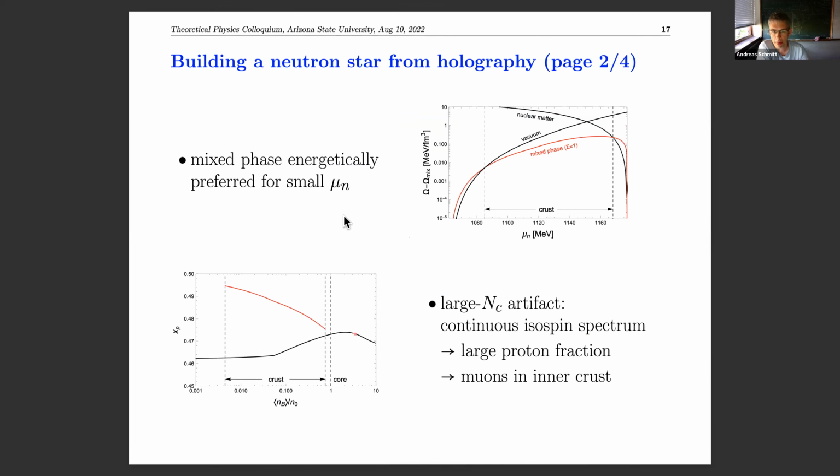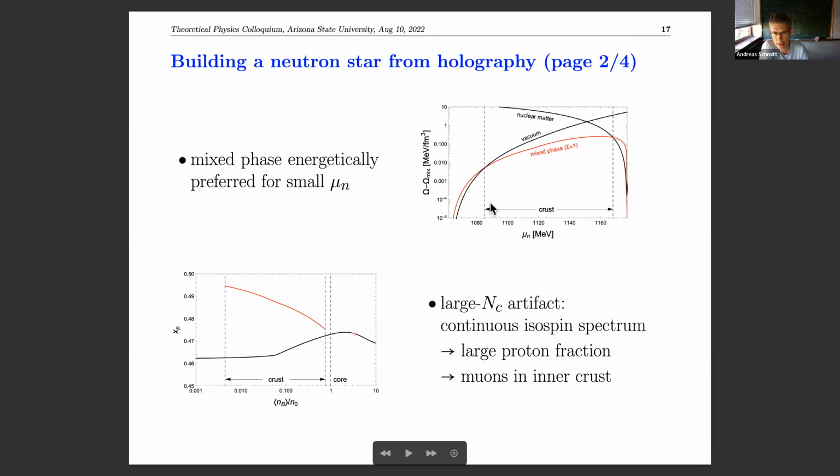So here's, now I'm switching to physical units. I'll say in a second how I fix the parameters, but let's say I fixed them in a certain way. And here I'm plotting the free energy. I'm plotting them as a difference to the mixed phase where I neglect surface tension and Coulomb effects. That sounds complicated. Let's just say it's a simple way, or the only easy way to plot them and see these differences, right? So what I want to check here is which is the lowest free energy for a given neutron chemical potential. So you can think of moving inside the star as I move up in mu_n.